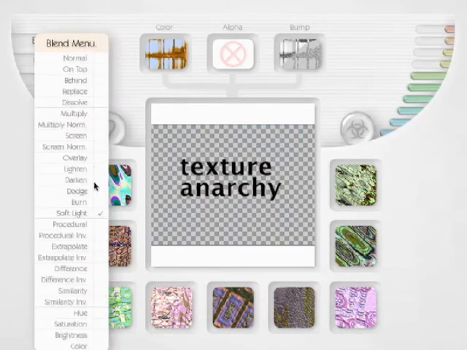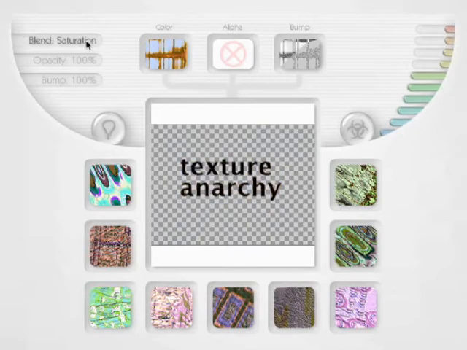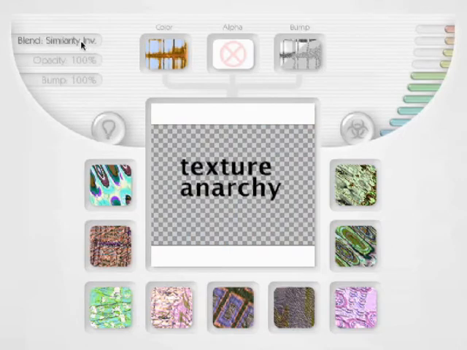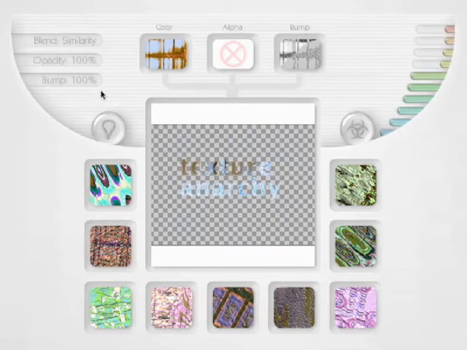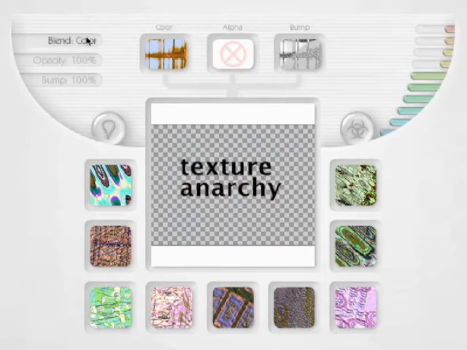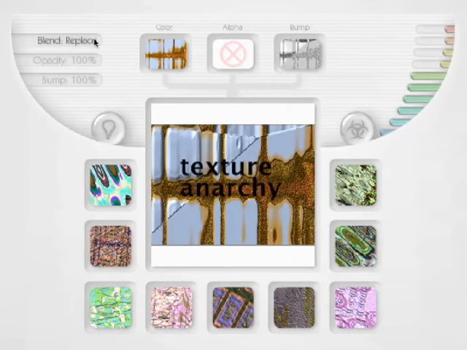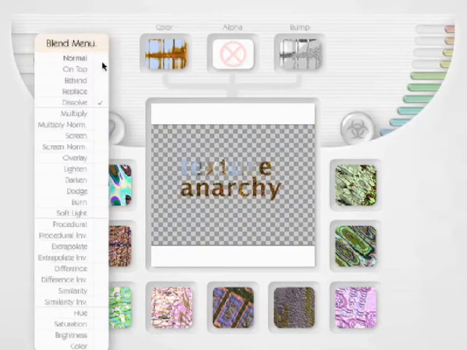I can either click to select a new blend option, or I can simply drag and scroll through all of the blend options. And what blend options do is they blend any imagery in your texture with any imagery that's in the Photoshop layer that you have Texture Anarchy applied to. So if you recall our original Photoshop file, we had the words Texture Anarchy typed and then rasterized onto a single layer. So what you're seeing is the interplay between the pixels of our corroded metal and the pixels of the words Texture Anarchy. I'll leave our blend mode on the dissolve option